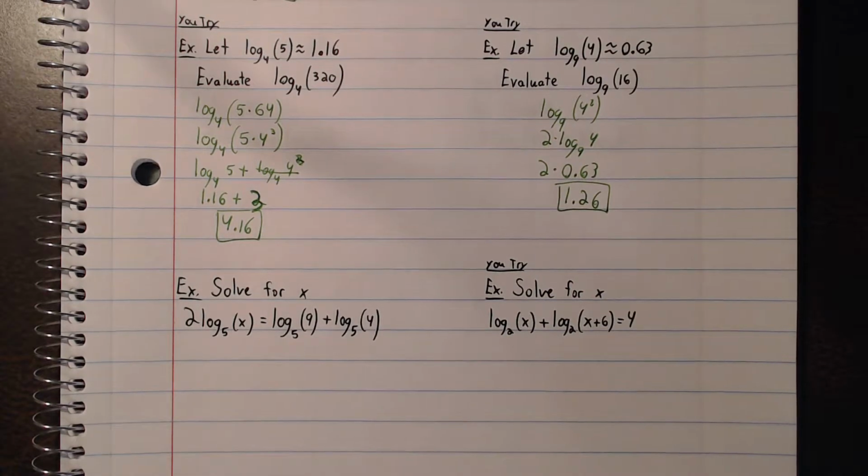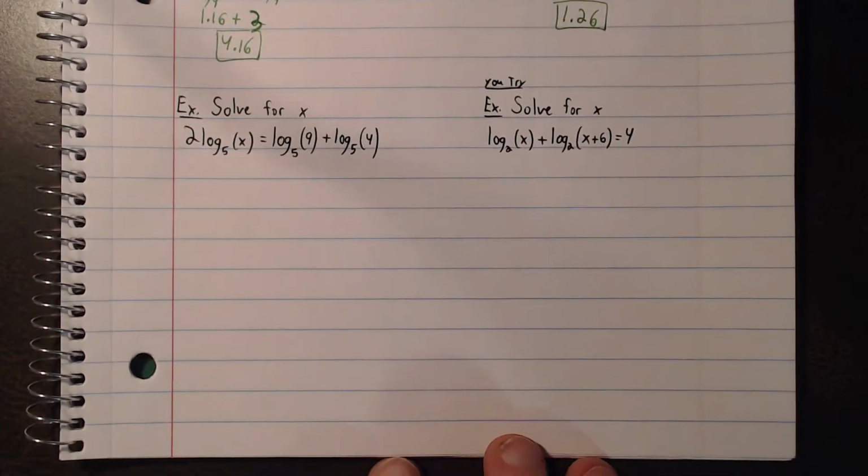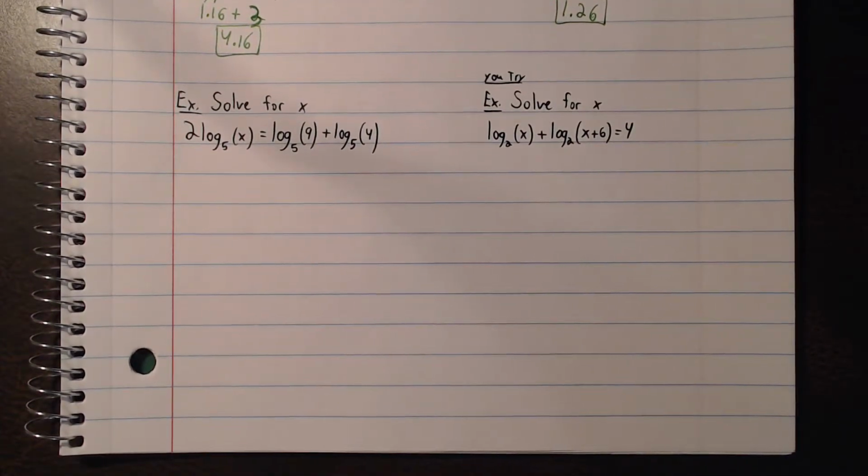Those were the two that you had to try on your own. I'm hoping you didn't try that one yet, because we haven't gone over it. Let's go over it right now. We're going to solve for x. And again, we're going to want to make sure that we don't have any extraneous solutions. Okay? So this time we're kind of working a little bit